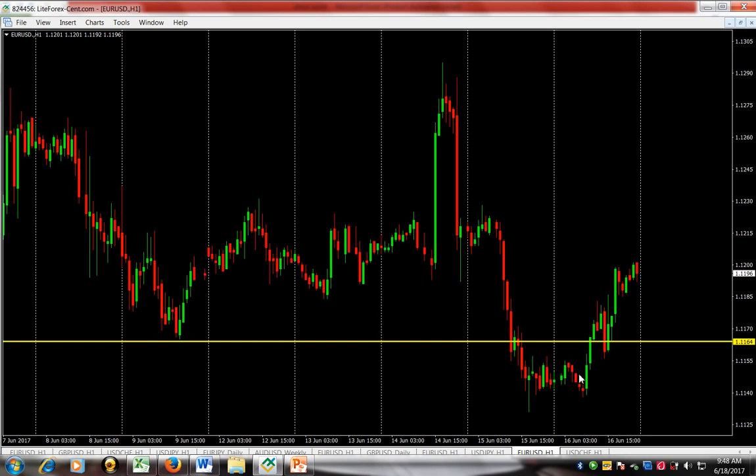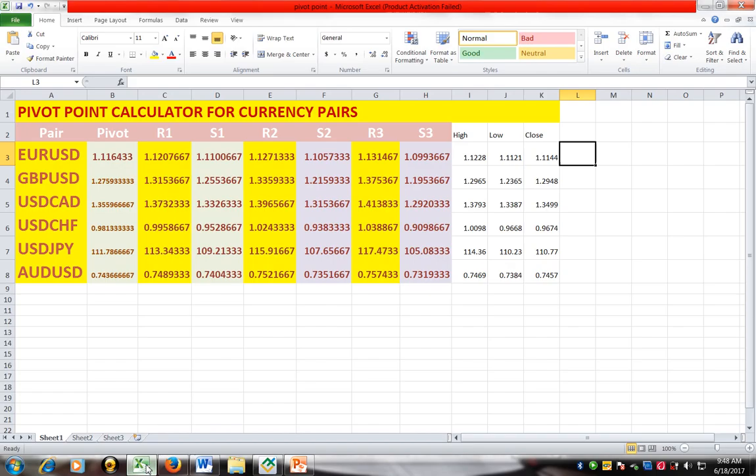But the price could not make it to a reasonable low. If it had gone down, we would have targeted S1, which is the next support below the pivot point. The next support is S1, which is 1.1107. Please, when I'm using my own calculator, I have to approximate to 4 decimal places. So that's